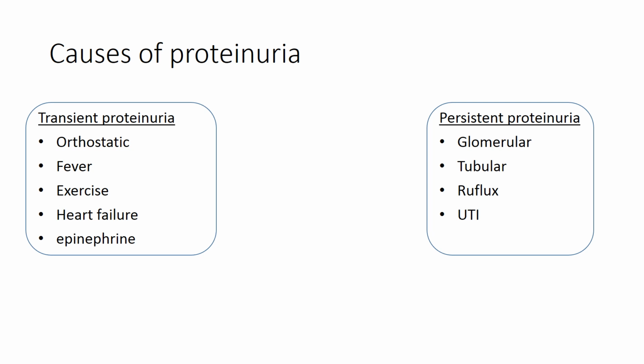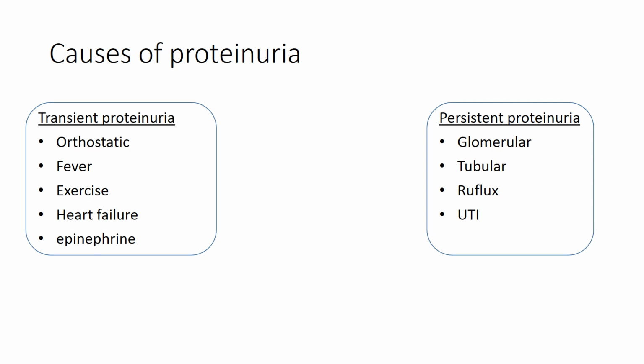Then there are other patients that have persistent proteinuria due to glomerular defects, whether these may be genetic, like genetic causes of nephrotic syndrome, or patients with Alport syndrome, or inflammatory causes of glomerular damage, so vasculitic disorders, patients with HUS, all of those can end up with persistent proteinuria. And then we have